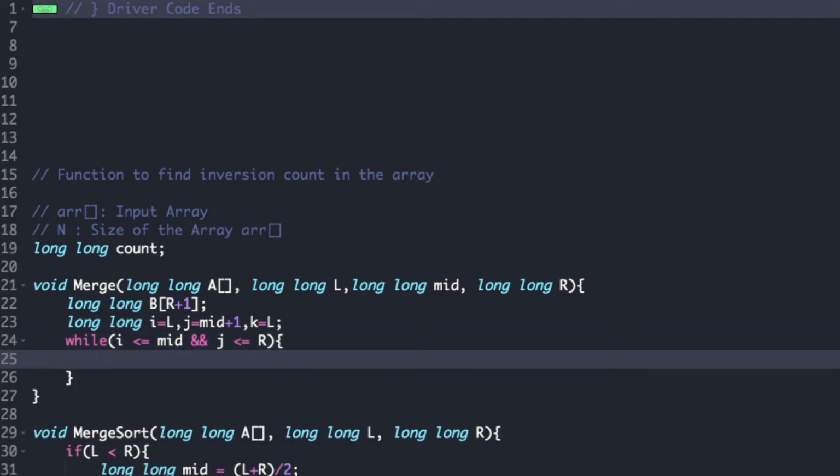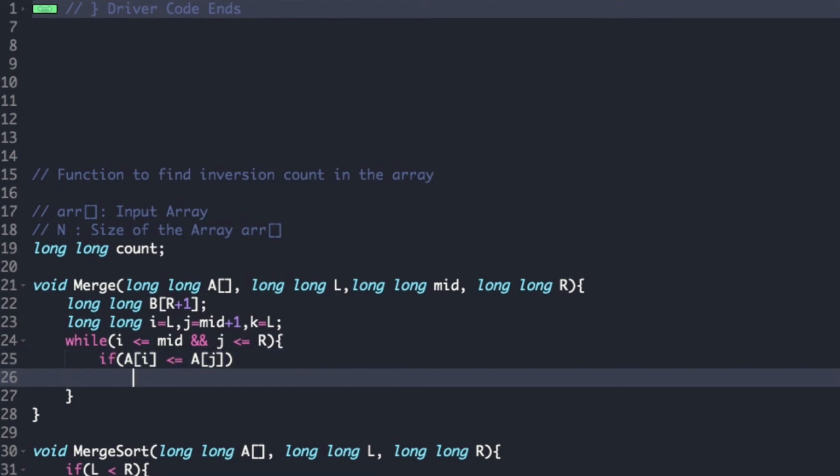And then we check whether A of I is less than or equal to A of J. If A of I is less than or equal to A of J, then we simply copy the contents of A of I into B of K, as well as increment the value of I and K. That is, B of K plus plus will be equal to A of I plus plus.